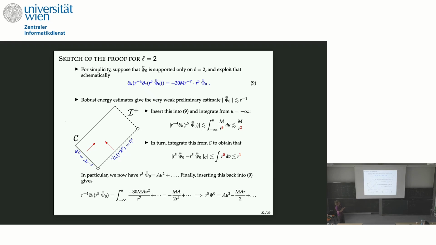Which then finally, when I multiply this thing by r to the 4 and integrate one final time in v, I just get a linear term in r because I integrate something constant. So this is how you get that final decay rate. So the actual mechanism is very simple. And you can do a similar argument for all angular modes. And it is generally related to a class of approximate conservation laws that are also related to the Newman-Penrose charges. But we can maybe talk about that after the talk if anyone is interested.